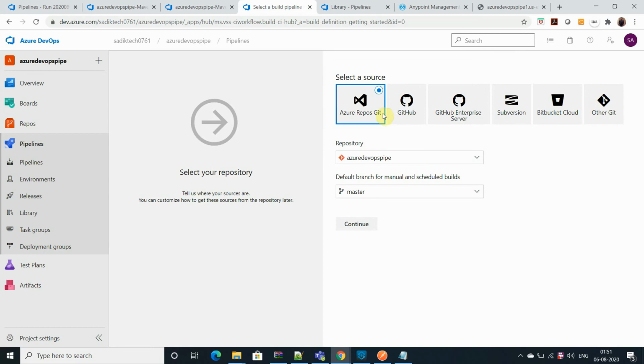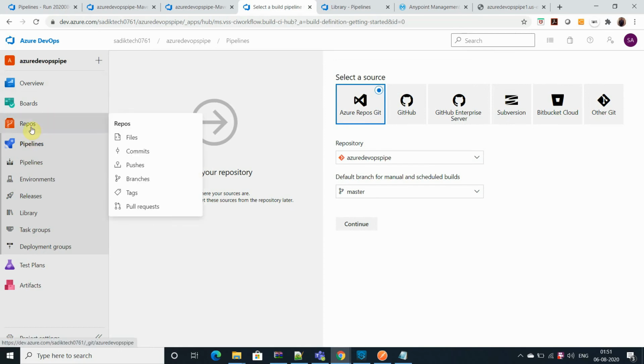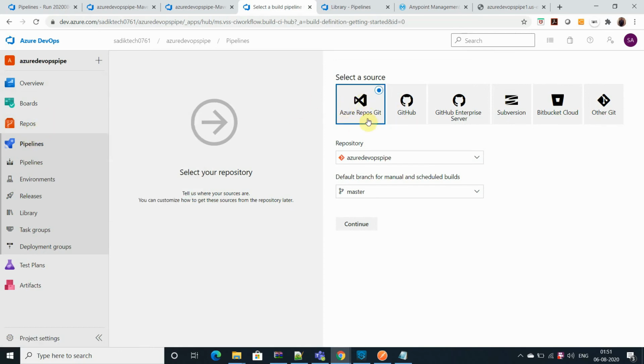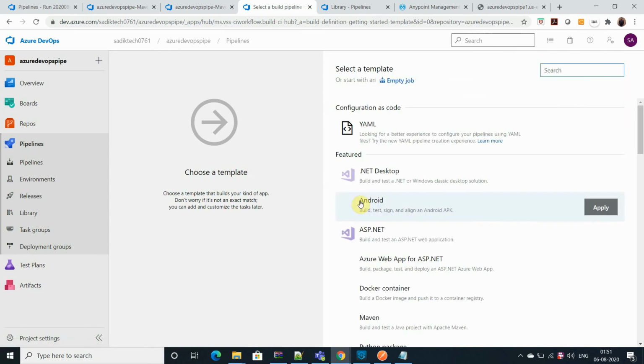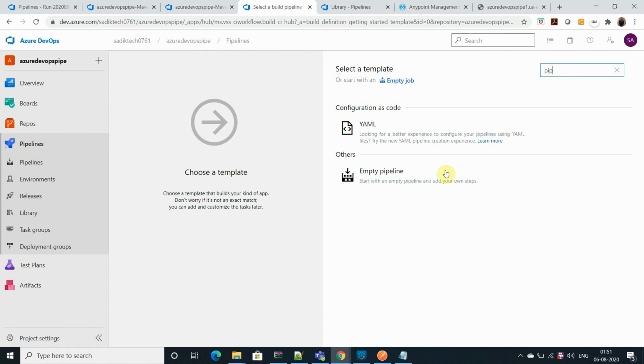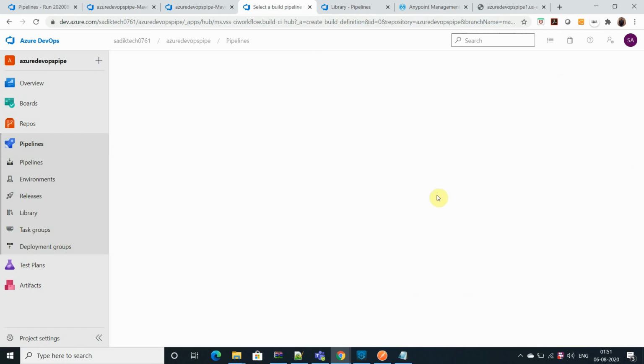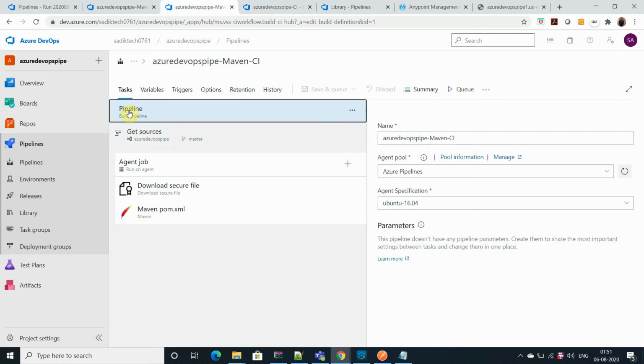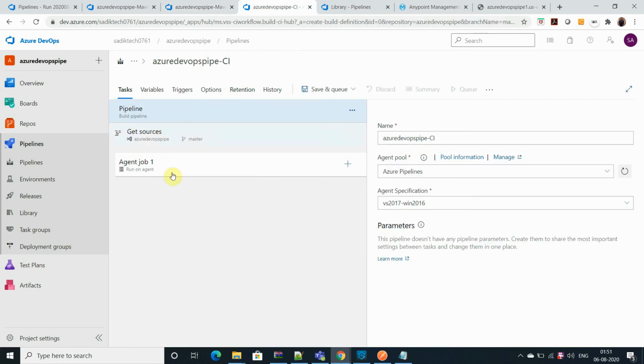In my case, I'm using the Azure repo. I selected the Azure repo, and you can see the repository and branch are populated. Let's continue. Now search for the pipeline template and select the empty pipeline. You can see I have selected the empty pipeline.